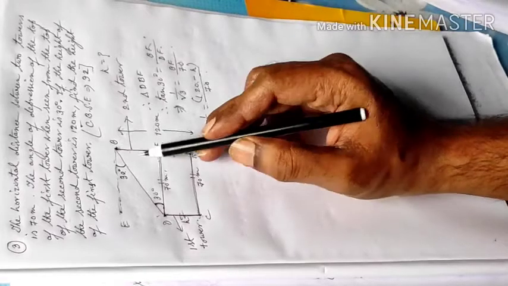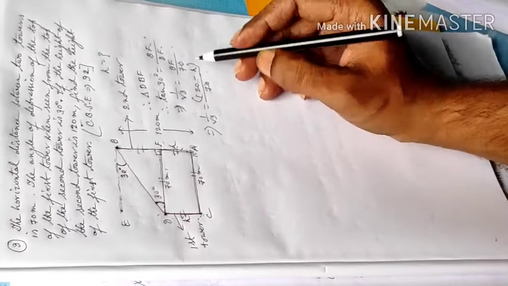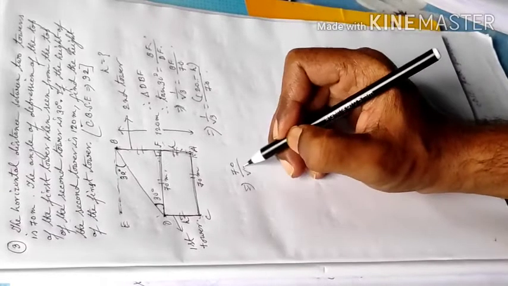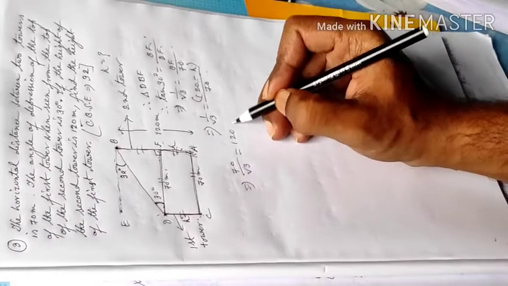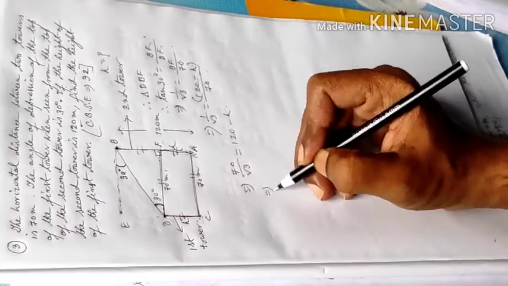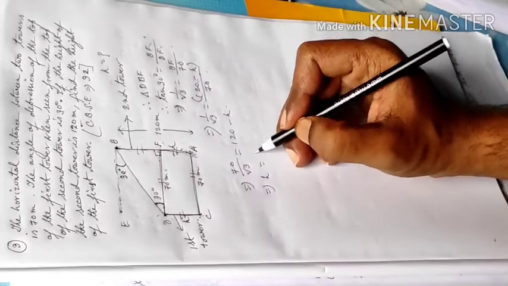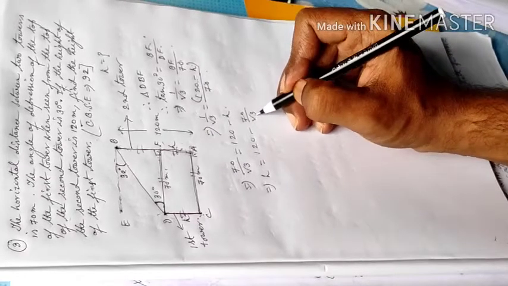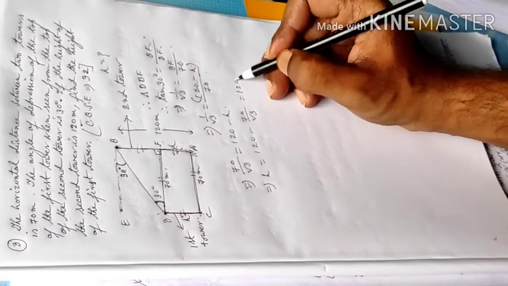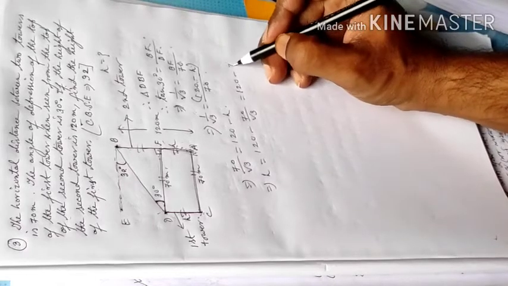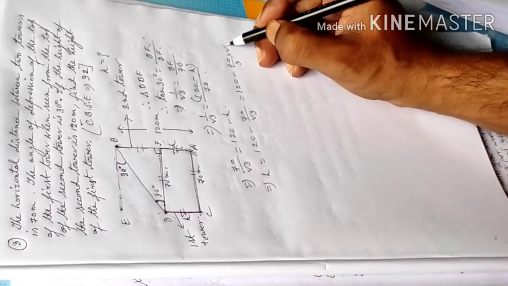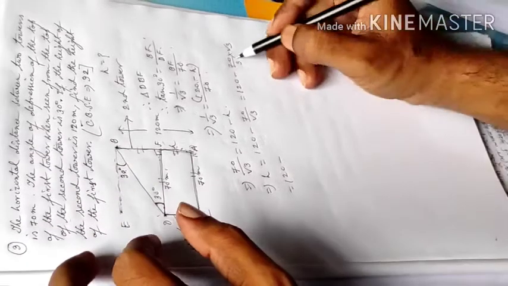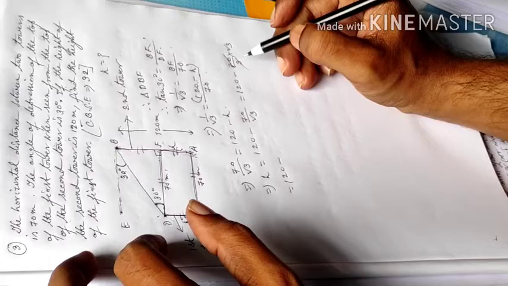Therefore 70 by root 3 is equal to 120 minus h, or h is equal to 120 minus 70 by root 3, which is equal to 120 minus 70 by 3 into root 3, which is equal to 120 minus, this 70 is cancelled out,